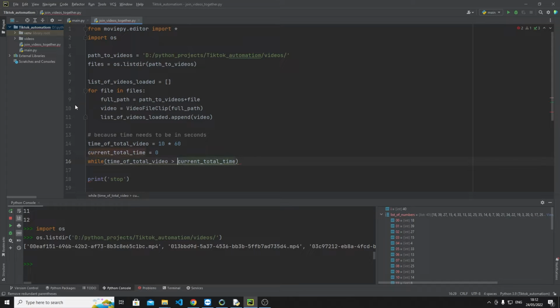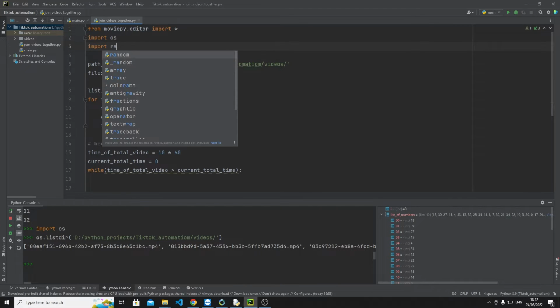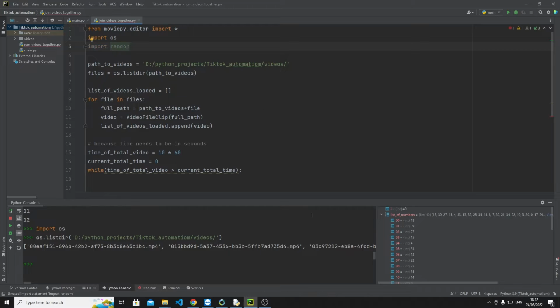As soon as that becomes bigger, we can exit the while loop. So what we can say here is we need to import random. So random int between